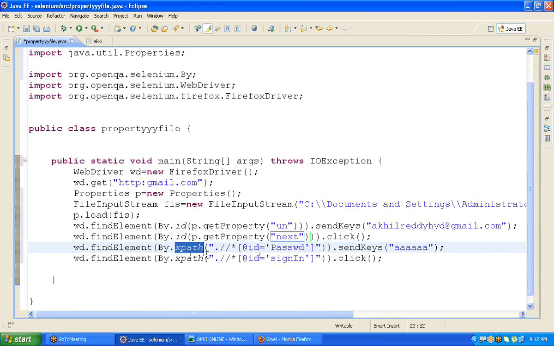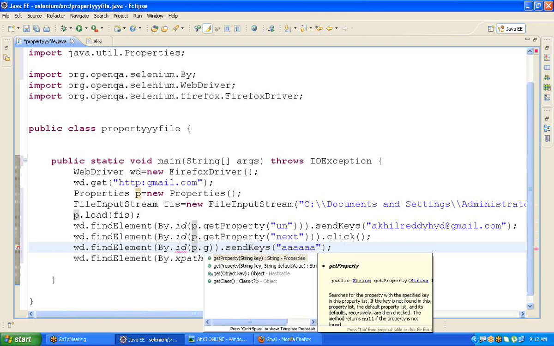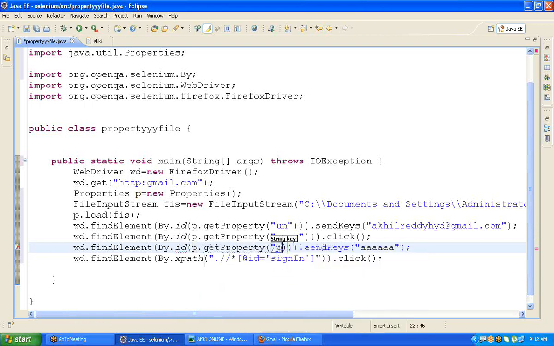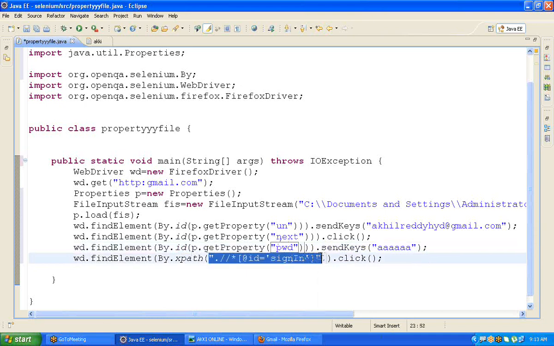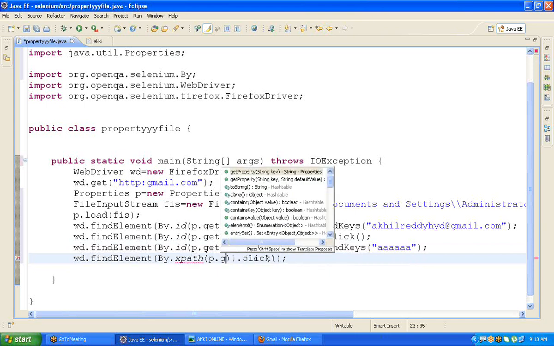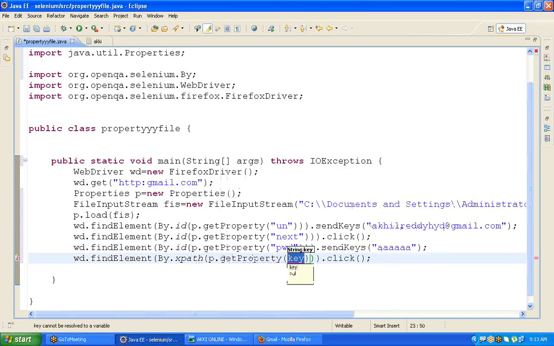ID, p.getProperty. Password, pwd. Next, sign in: p.getProperty, signin.